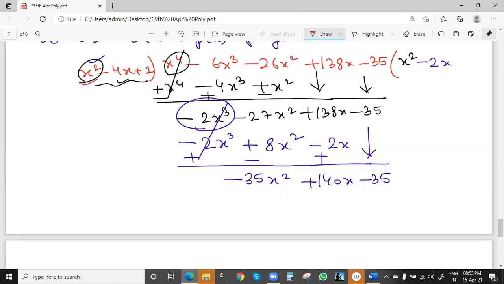We will always focus on the first term of this one and the first term of this one. So minus 35 is the value. Minus 35 into x square will be minus 35x square, correct? Minus 35 will also multiply with the remaining values, minus 4x and 1. So 35 into 4, we know the shortcut. 35 in Vedic math, we've seen 70 into 2. Multiply with 2, then divide with 2.